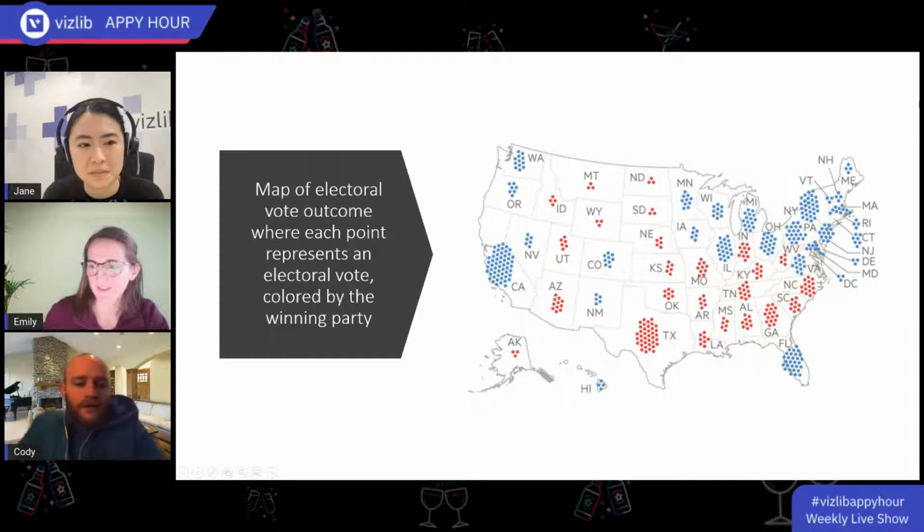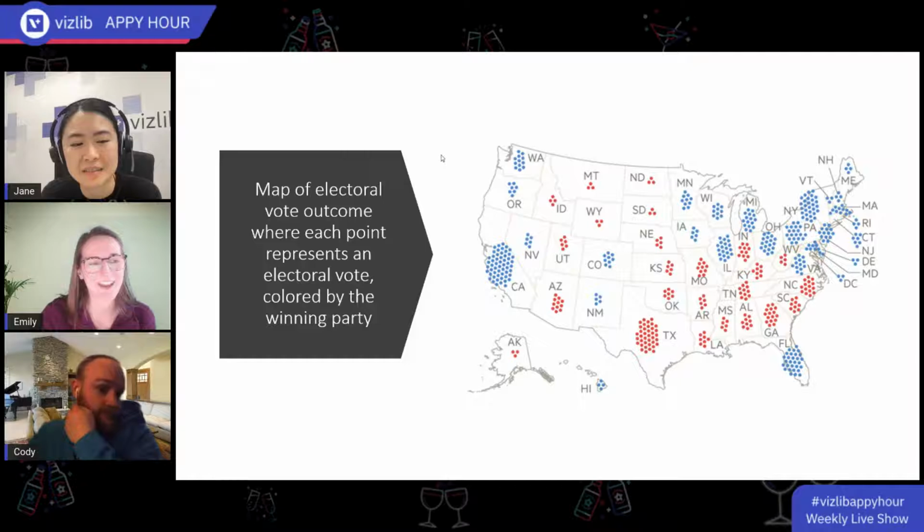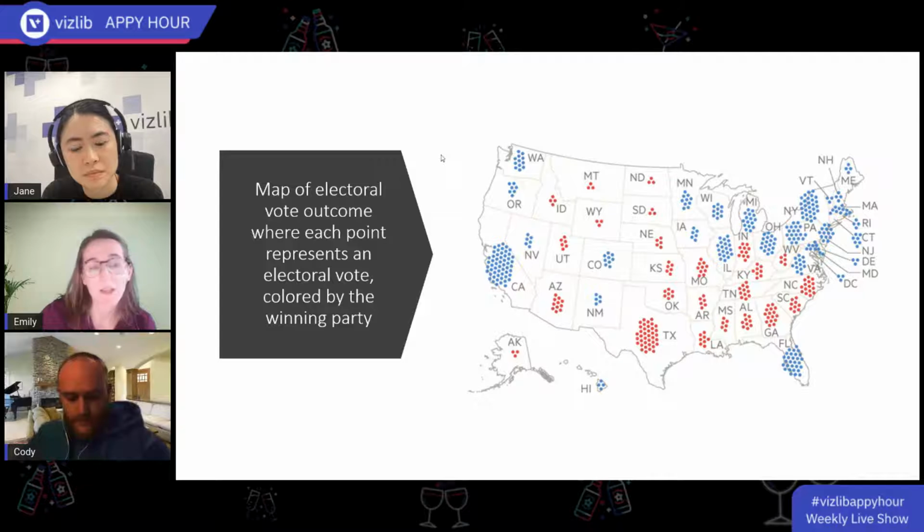I think that's all of my versions of ways to display election results in the United States. And I think overall, my conclusion here is that we have to be really careful when we're putting maps in our visualizations and how we're representing data in that. And I think area, as we saw, can be very misleading. And so thinking carefully about how we're using that map, and maybe using it less for displaying measures, so displaying numerical values, but more for displaying something categorical where we're just grouping different countries or regions or things